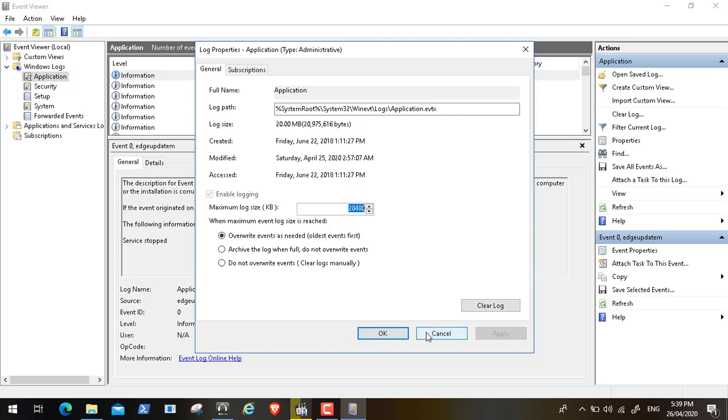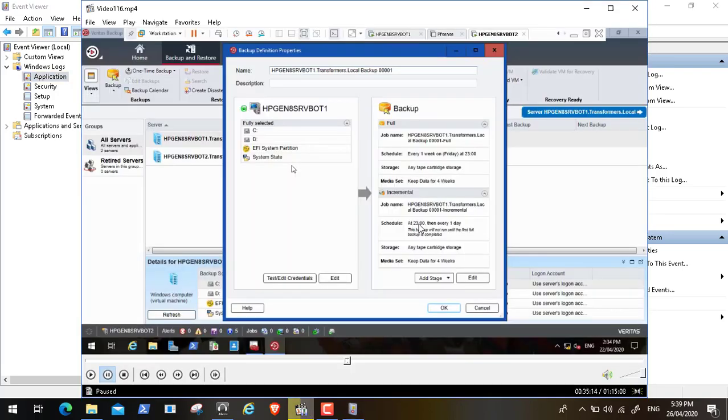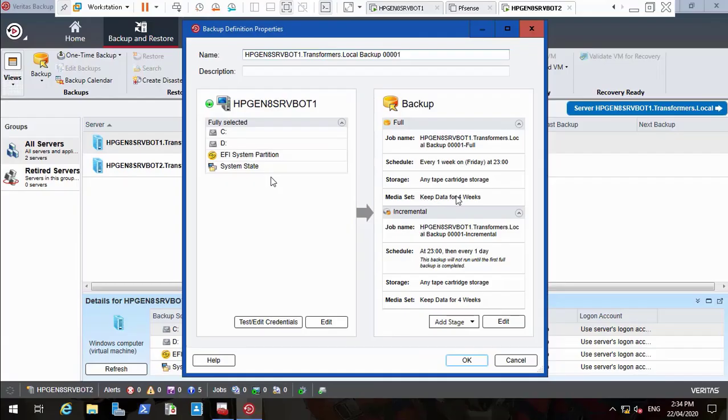So this is the same concept here when you are working with the media set. It will keep the data for 4 weeks. In the 5th week, it will begin deleting the old data and creating new data. For example, if you are working with a tape for 4 weeks,